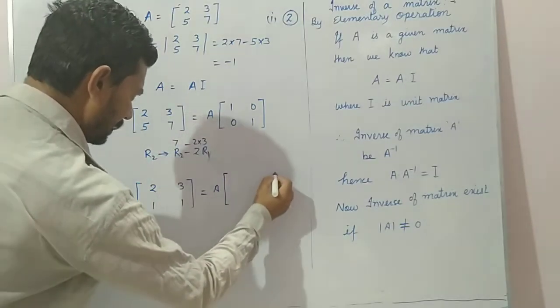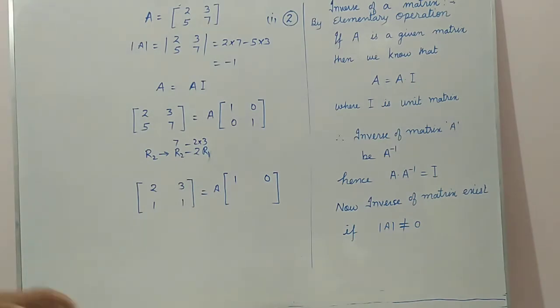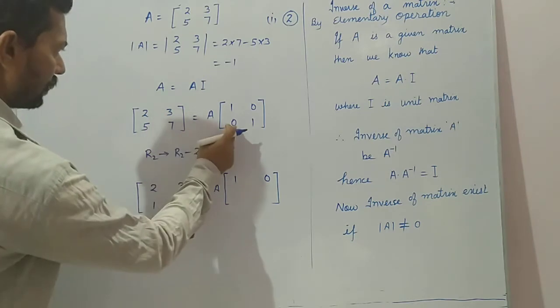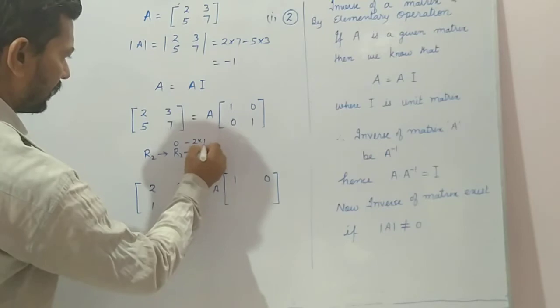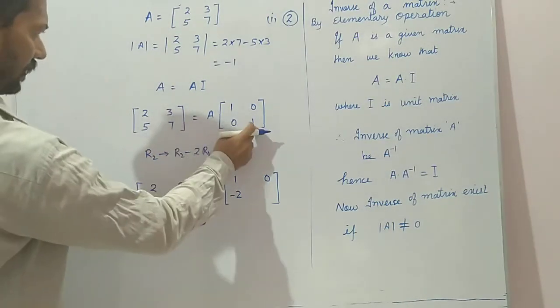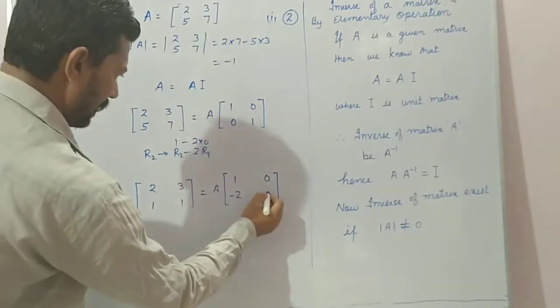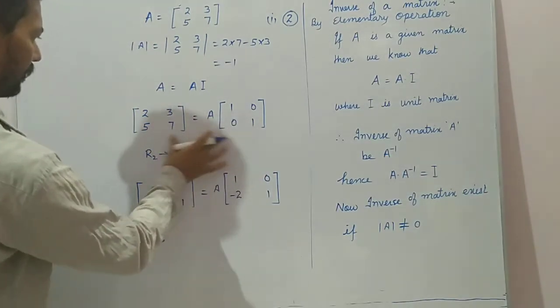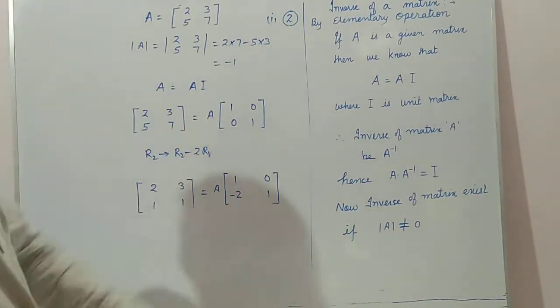Now the same operation you will do on the right hand side also. 1, 0 it is there. Now here row 2: 0 minus 2 into row 1, which is 1, so we are getting minus 2. Again this one it is 1: 1 minus 2 into 0, it is 1. Follow. So this is the first operation we have done. We are just reducing the numbers.